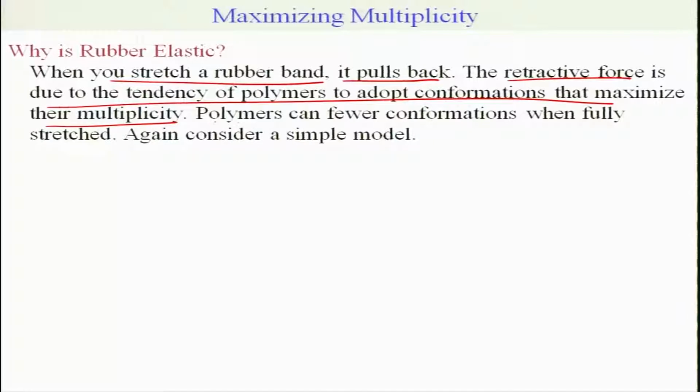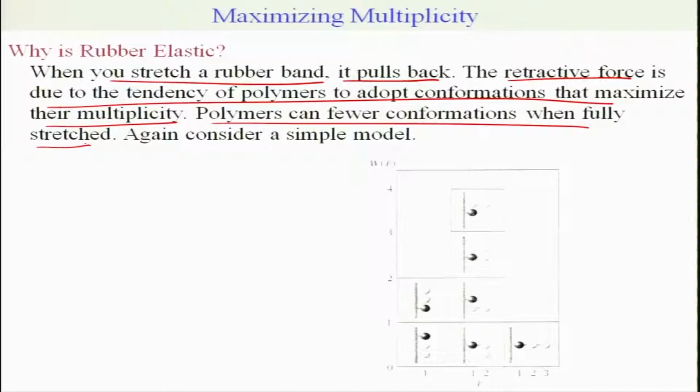the intermediate configuration maximizes the multiplicity, because a polymer can have only a few conformations when fully stretched. In order to show that, we can consider a simple model. So, you have a 3-bond particle chain, which is attached to a wall, because this wall could be your hand which you are using to stretch. And now, L is the length away from this wall. When L is 1, it means you have a scenario where one bond is attached to this